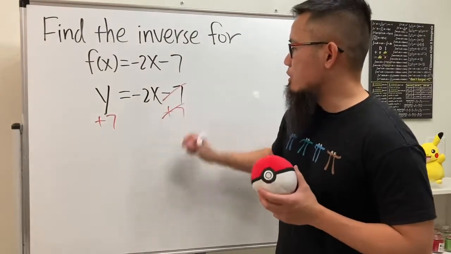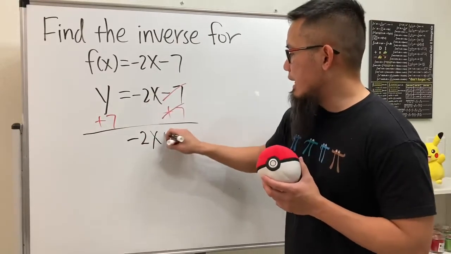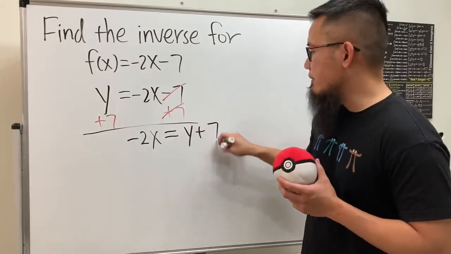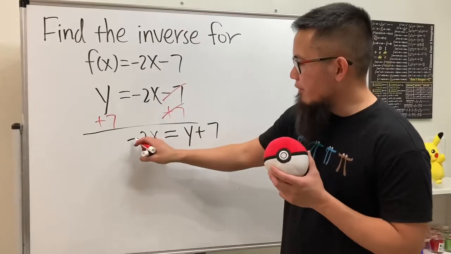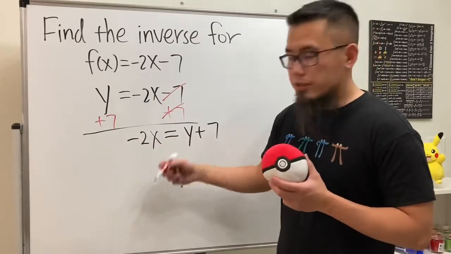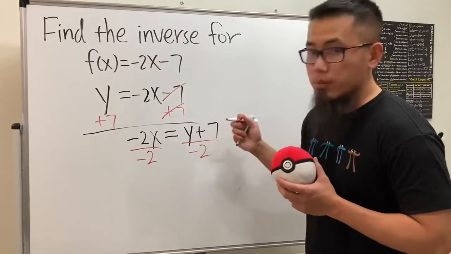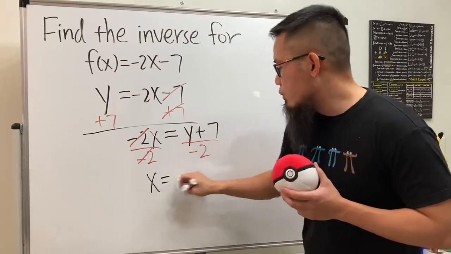So this and that will cancel. And let me actually put this down first, negative 2x. And then I'll put down equal. And then we will have the y plus 7 like this, right? And after this, because here we have negative 2 times x, so we can just divide both sides by negative 2, like so. You see, this and that will cancel, and we just get x, and that's equal to